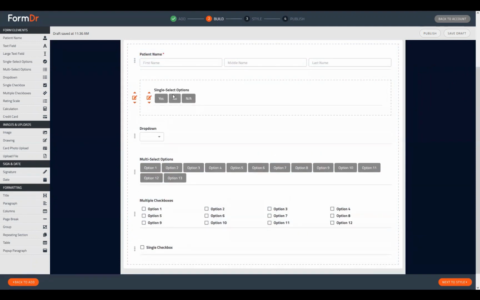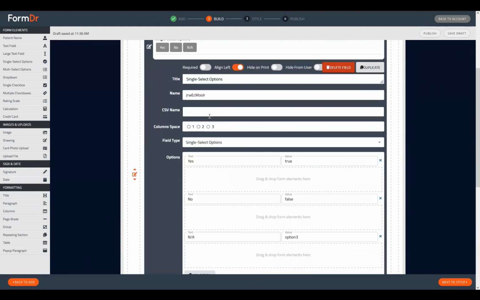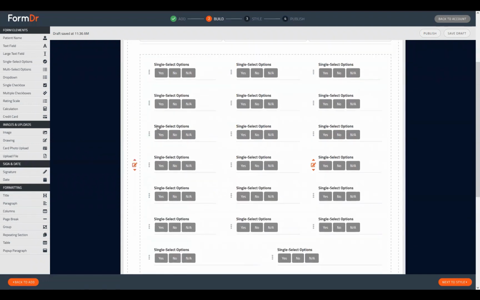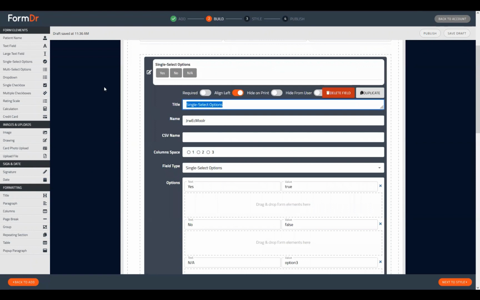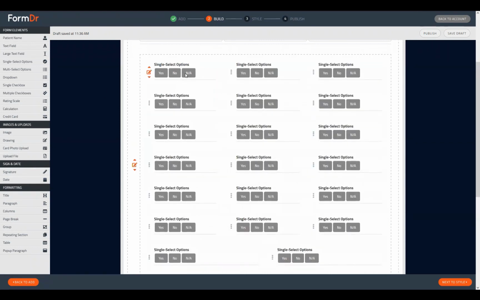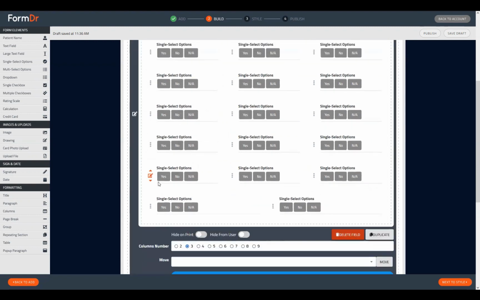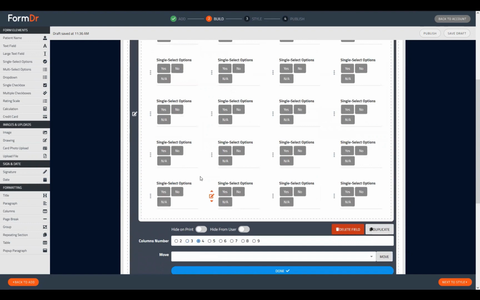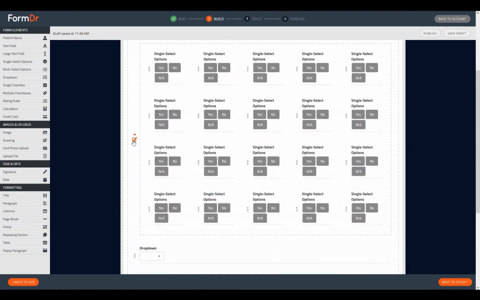But we can go ahead and drag our element up into that column, and then we'll open up our question. And I'm just going to duplicate this 19 times. All right. And now we have 20 questions in this section. We can then go in to each one and update them with the specific question they need to ask. We won't need to add that extra option for each one of them. And then we can go ahead and update the amount of elements per row in the column widget. So if we wanted to set it to 4 or 5 per row, depending on how we want that to look,